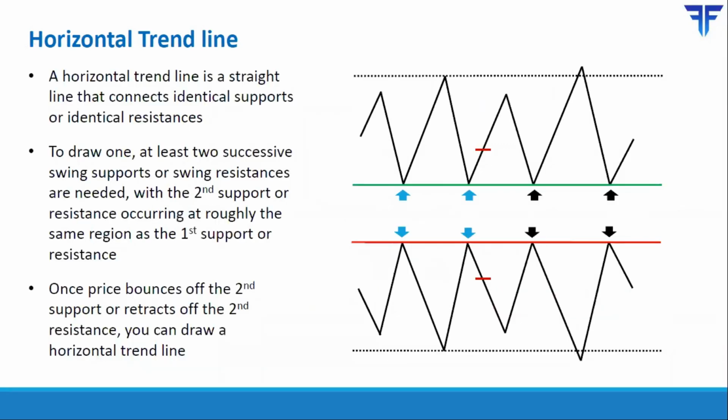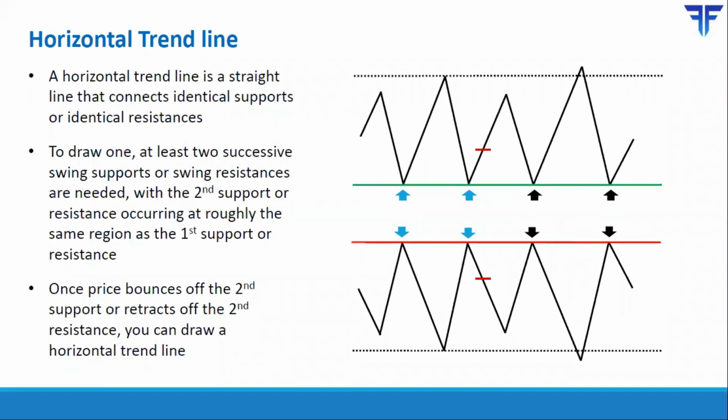Now let us talk about the third type of trend line, which is a horizontal trend line. As you can see, a horizontal trend line is mostly a horizontal line, which indicates that the price is in a sideways trend. If you recollect, an uptrend line is pointing upwards, which means that the bulls or the buyers are in control of the market. A downtrend line is pointing downwards, which means that the bears are in control of the market.